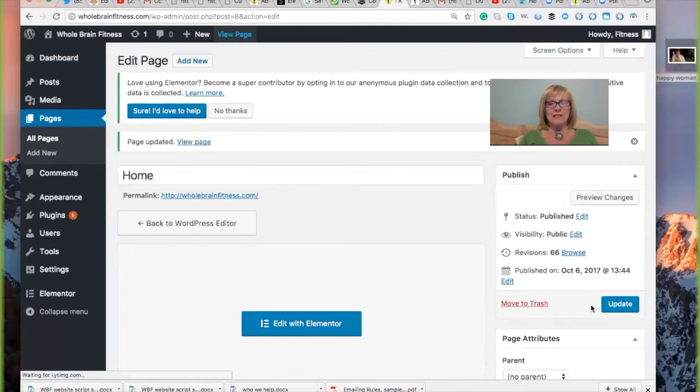I always get nervous when it says, do I want to leave the site? No, I don't. I just want to view the page is what I want to do. And notice, so now I've updated it, otherwise known as saved it 3 times. You can't save too much. You can save not enough. So now we view the page,